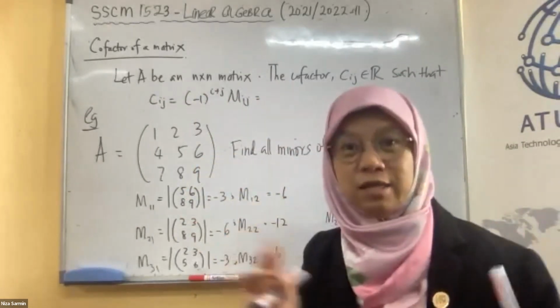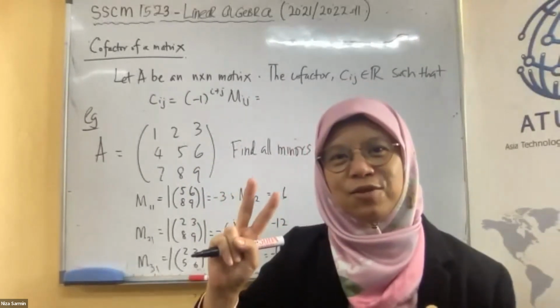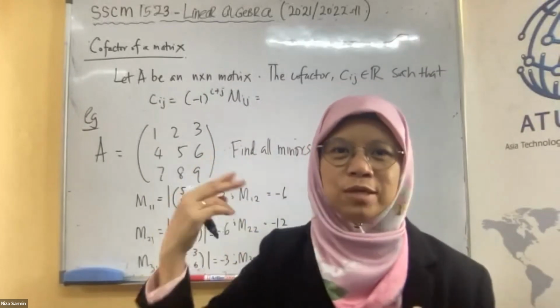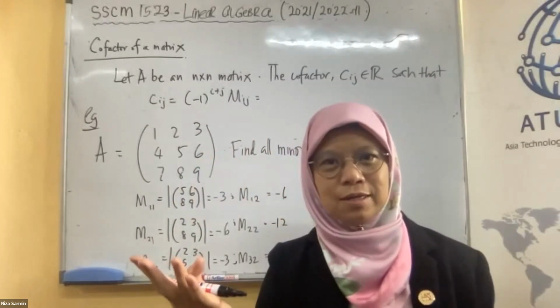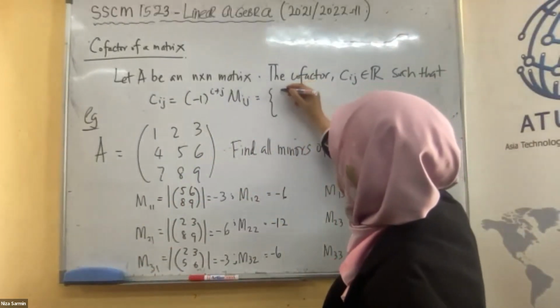A power of -1 can take only 2 values, right? -1 to the 1 is -1, -1 squared is 1, -1 cubed is -1. So it's 1, -1, 1, -1, right? So this is positive Mij